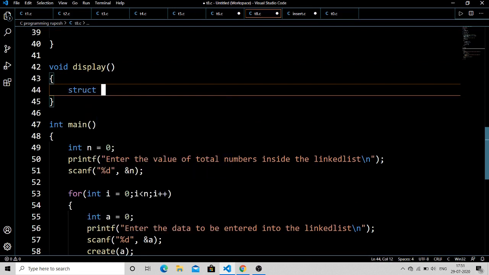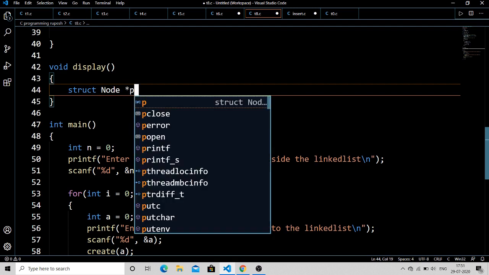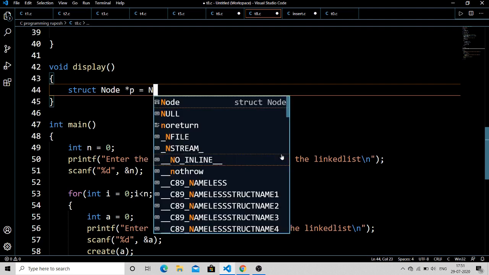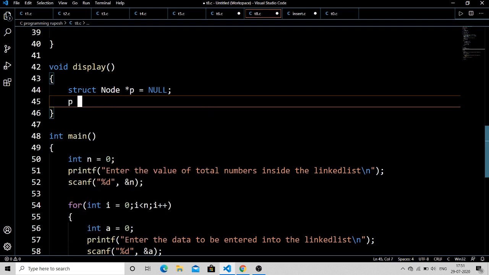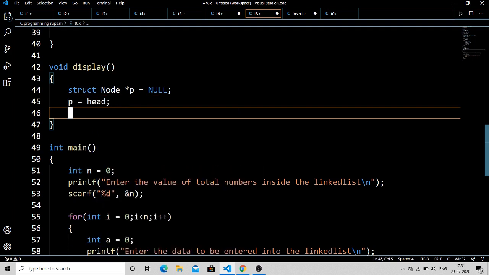Now I am going to run through the list again, and by running through the list I will be printing the values that have been stored in each node. So for that I am going to take a temporary pointer again, say p here, which is initially pointing to null, and in the next line I have made this pointer point to the first node.